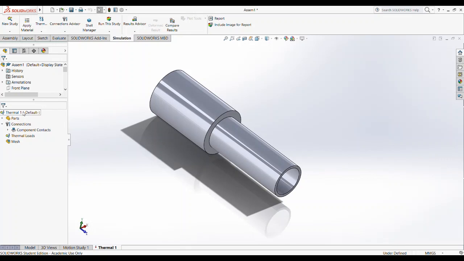So we go ahead, like I said in the class, right-clicking symbols a lot of times gets you where you want to go. So you right-click here where it says thermal 1, right-click, and what we want to do is go to properties. And we want to change it to